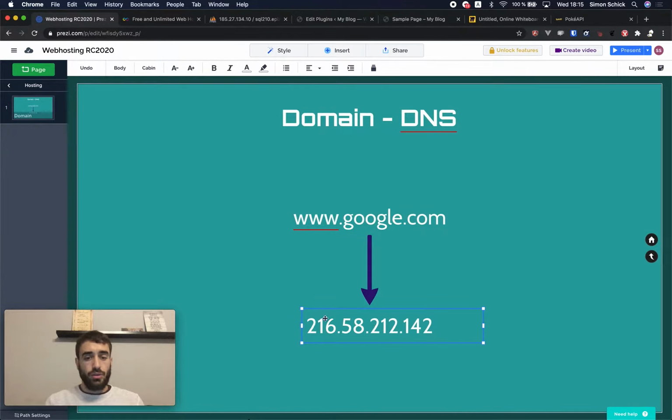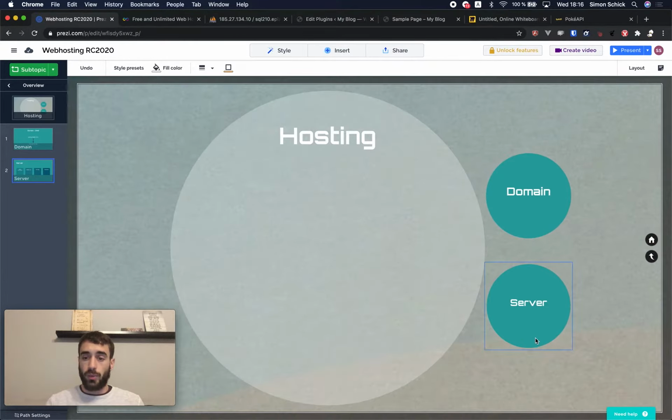Like, you don't want to remember this IP address, which is the address whereby you can access the server. But this name makes it easier for you as a human to remember where to go, and the system then, by using the DNS service, can resolve this name into an IP address. And the IP address is then the address of the server storing your website,